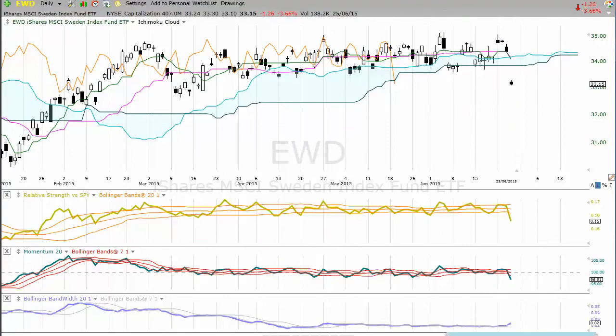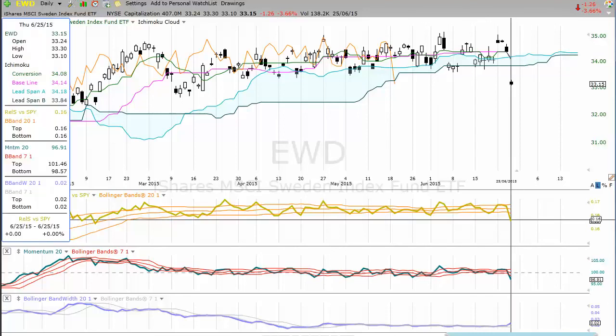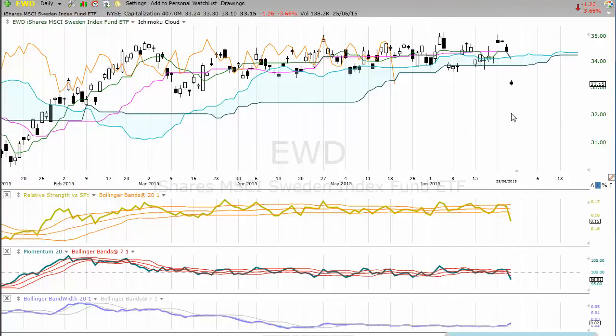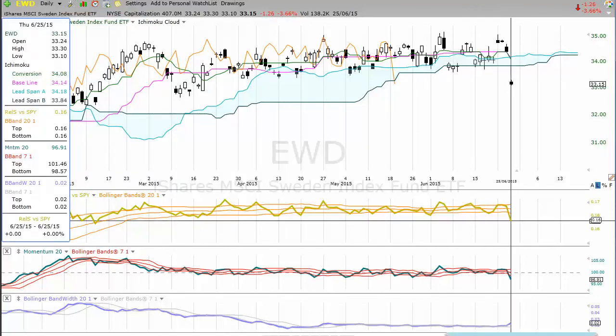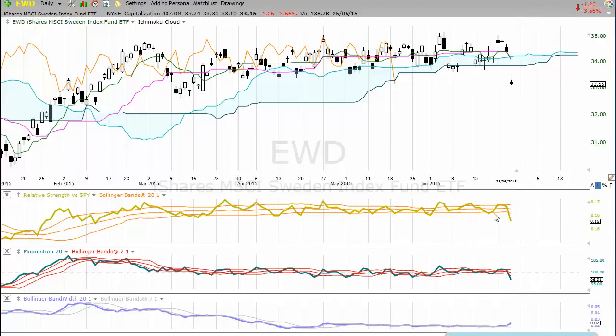EWD is the Swedish fund, and that was a solid performer, as were quite a few of the European equities markets, but a deterioration over the last day or so has seen a breach down below that Ichimoku cloud, and the relative strength moving from within the bands to strongly outside of the bands, so